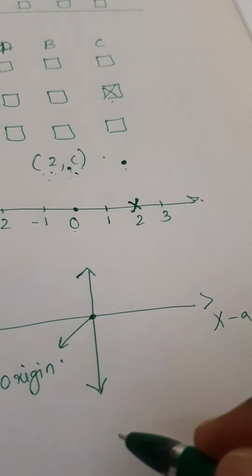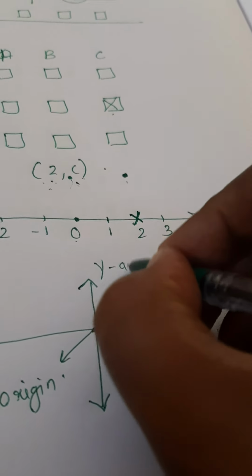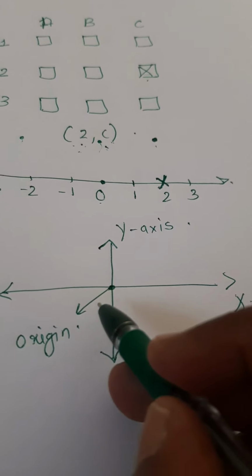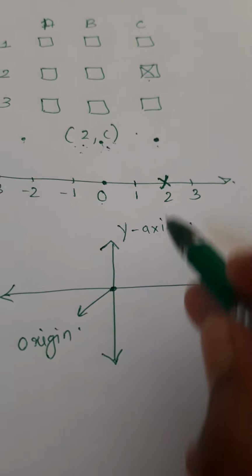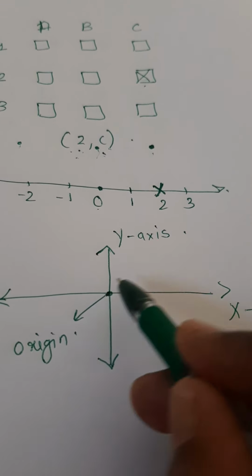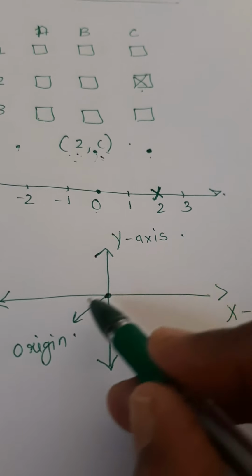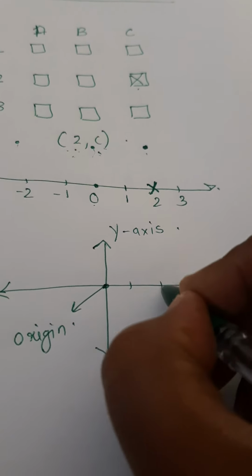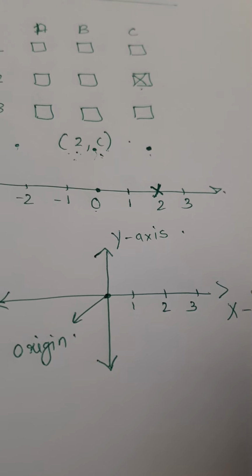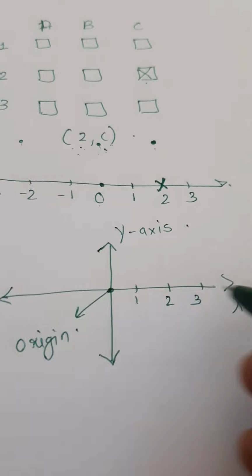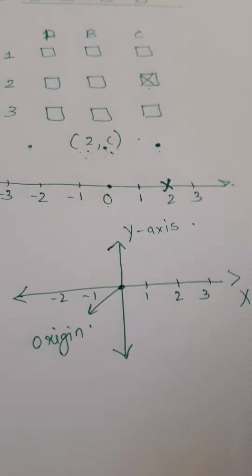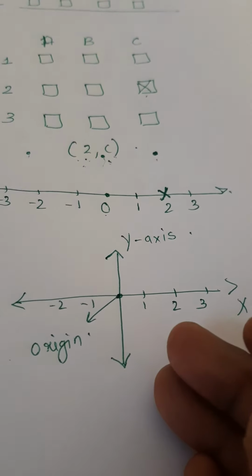Okay, and the vertical axis will be called the y-axis, and they both intersect each other at the origin. Just as in the number line here, the right of the origin on the x-axis will have all positive values 1, 2, 3, etc. placed at equal intervals, and the left of the origin on the horizontal axis would have the negative values -1, -2, etc. And what about the y-axis?